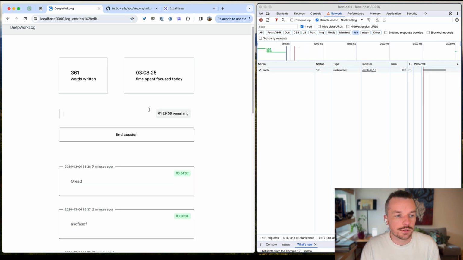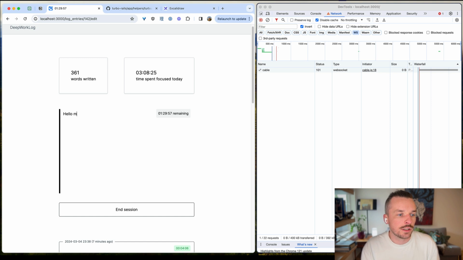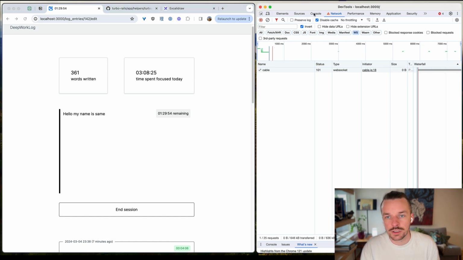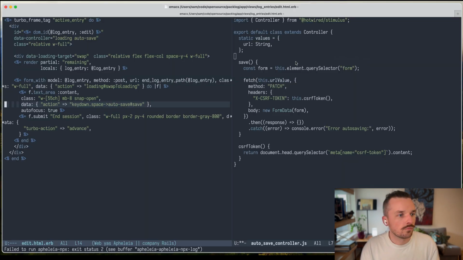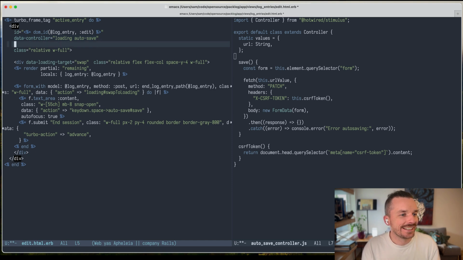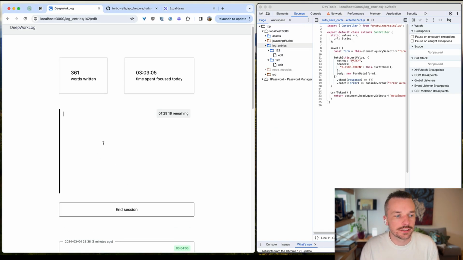And let's just make sure all this works. So we go here. Hello, my name is Sam. Oh, I have an error here. Oh, because I didn't add the URL value. So let's add the URL value here. And we're just going to want that to be a log entry path for log entry. Let's update that, and let's say